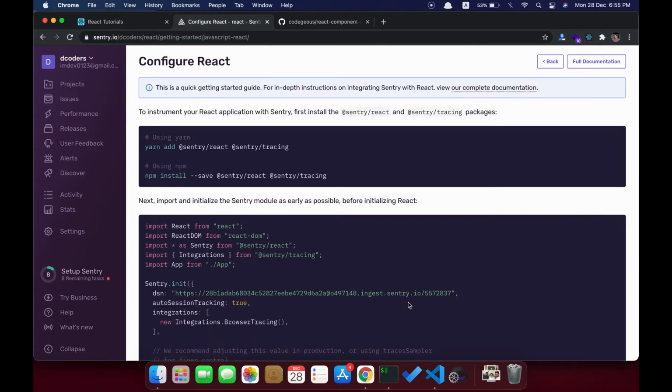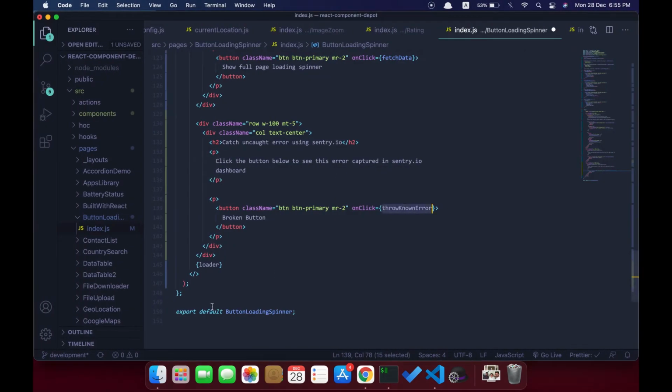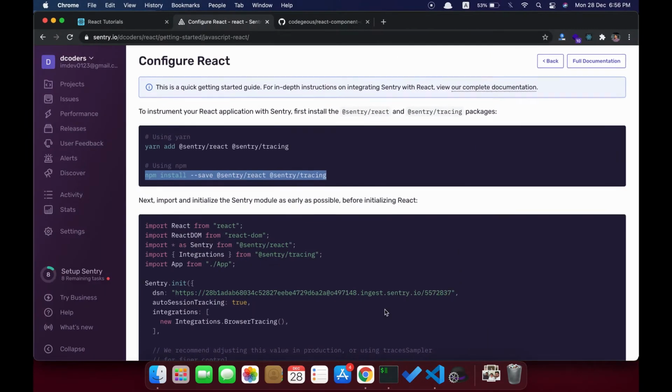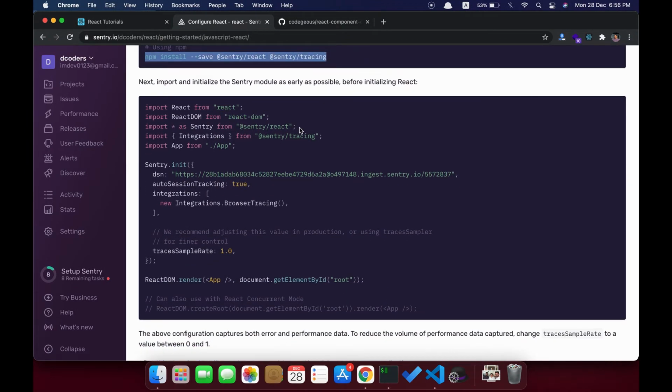Once this project is created, it will give you a few options. First we need to install their packages based on npm. These two packages are used to track the error. From our side we will not track all the errors manually. That will be done by Sentry by itself. So let's first install these modules to our application, and then we just need to take this Sentry integration and add it to our application.